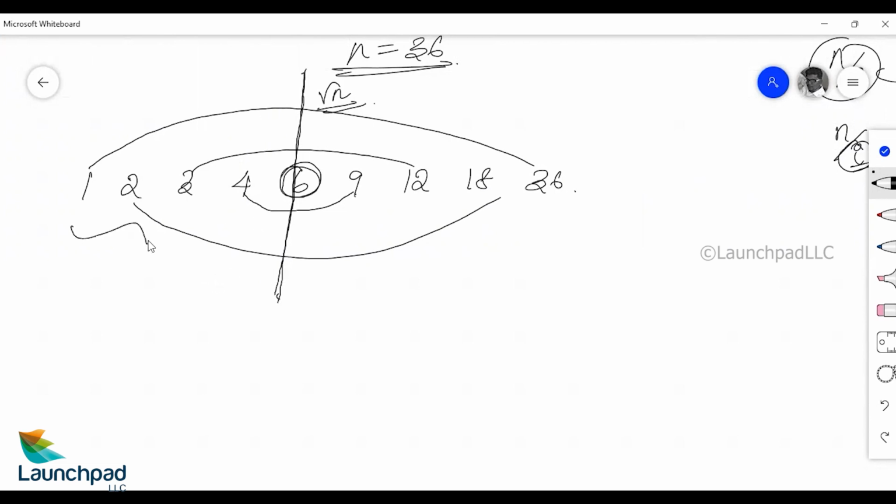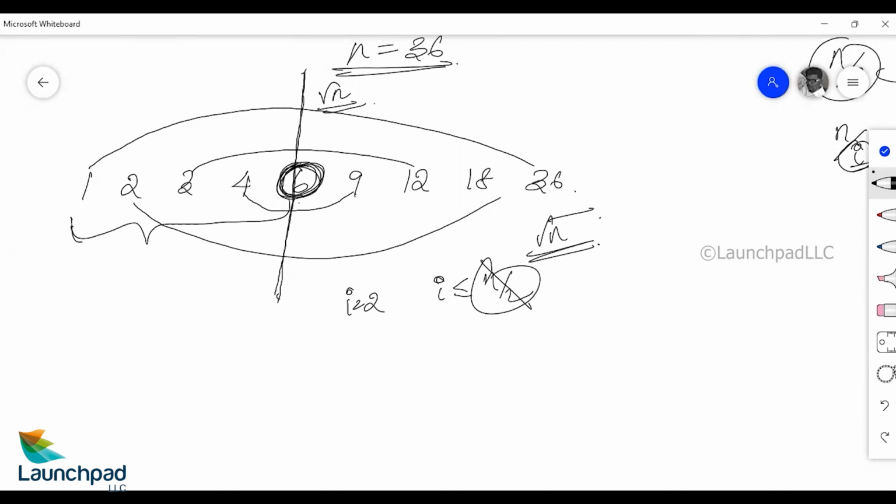So I hope this idea was pretty effective. Let us implement this strategy and complete the code. It's enough if I run the loop till the square root of n. So instead of starting from i equal to 2 and running it till i less than or equal to n by 2, I would change this to the square root of n. Square root is a functionality available under the math.h header file, so let us include math.